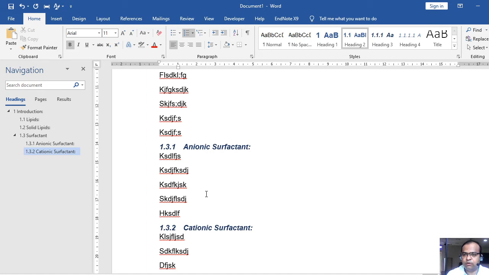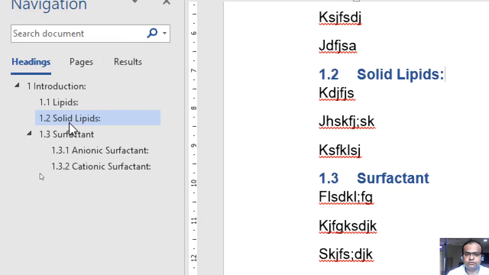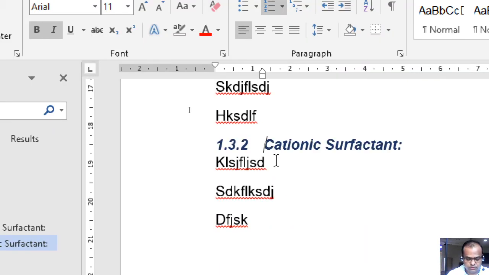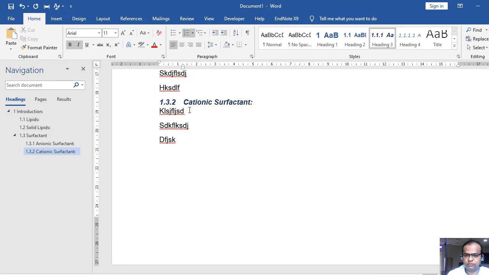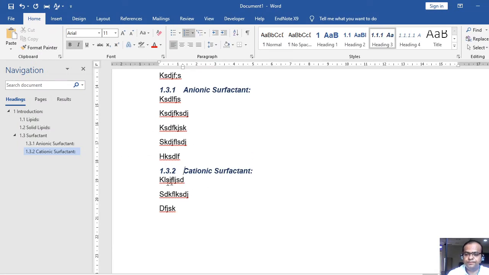And if you have observed in the navigation pane, as I am writing my work, all these indexes are getting generated automatically, right? Suppose I want to move to the cationic surfactant, I just have to click it, and it will automatically move the cursor to that particular section.